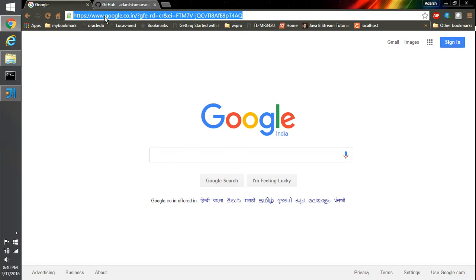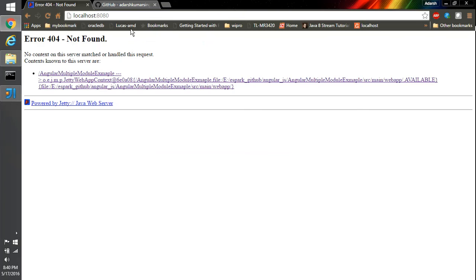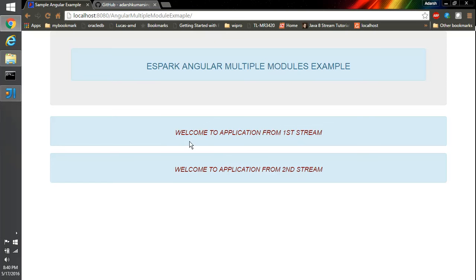I'm going to pull up this application on port number 8080. See, this is the first output from the first module, and this is the output from the second module. The first in turn uses controller 1, service 1, factory 1. This in turn uses controller 2, service 2, and factory 2, and we are getting two different messages from two different modules.